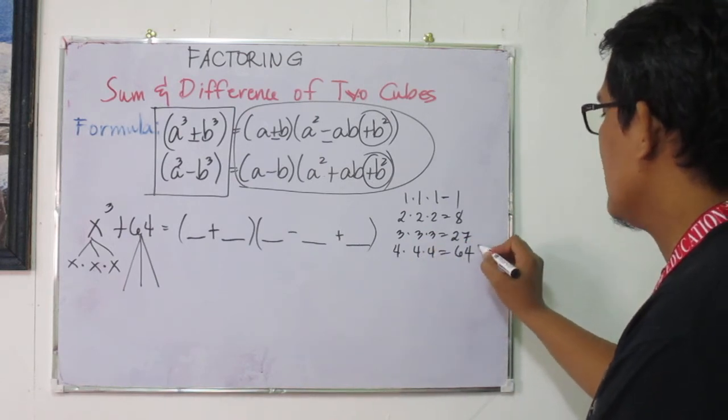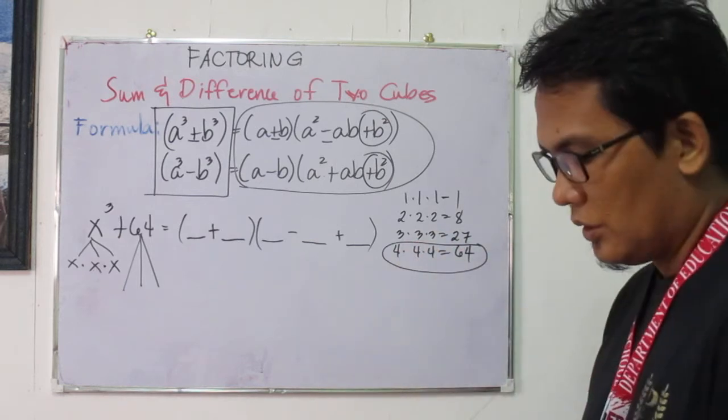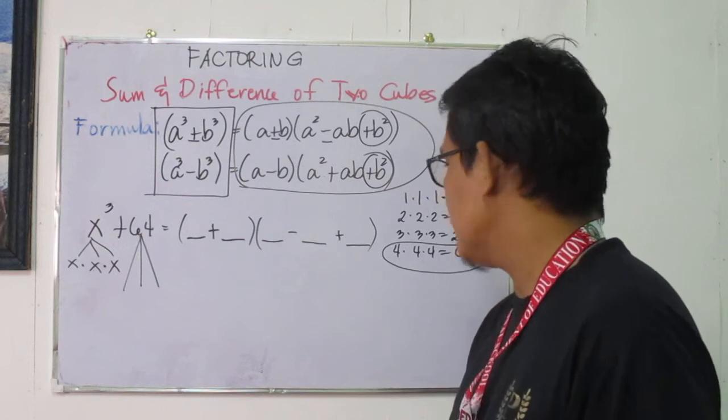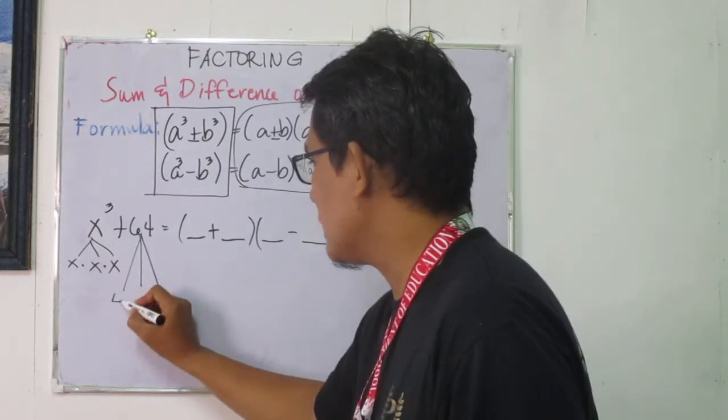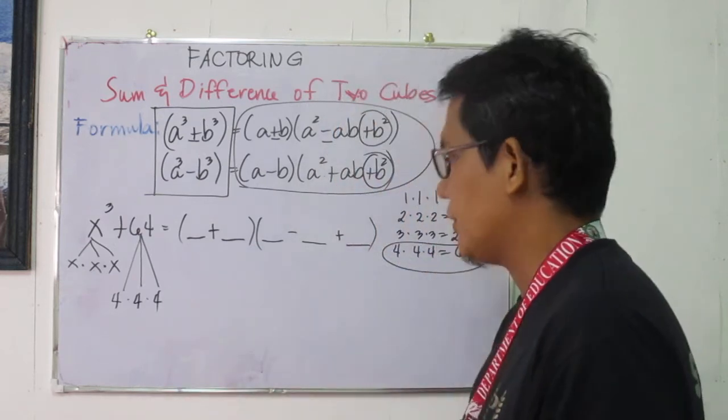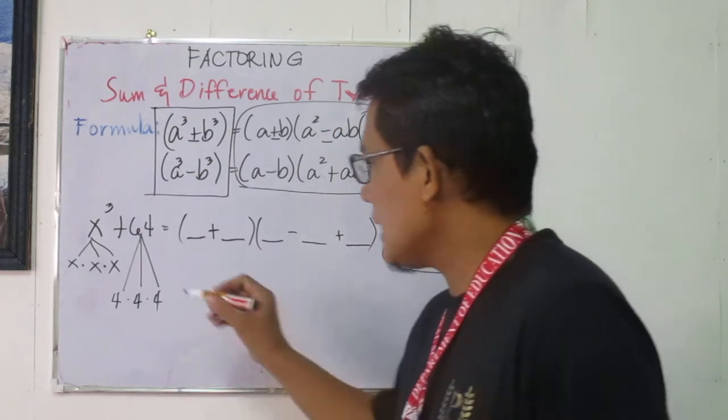So we have 64. So therefore, we multiply 4 times by itself, the answer is 64. So therefore, this is 4 times 4 times 4, the answer is 64. So this